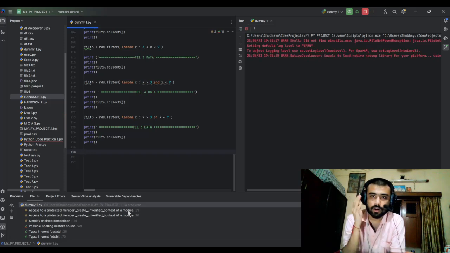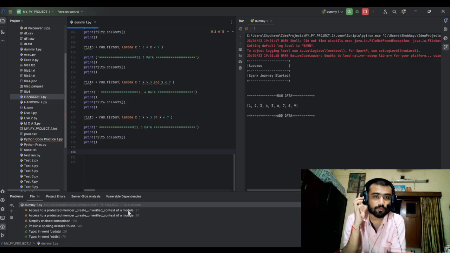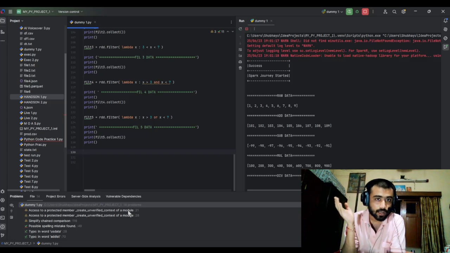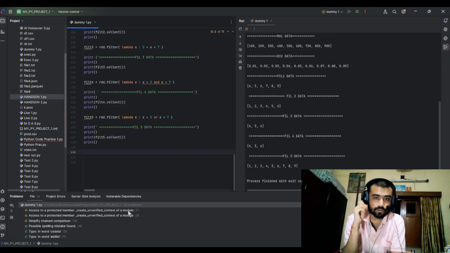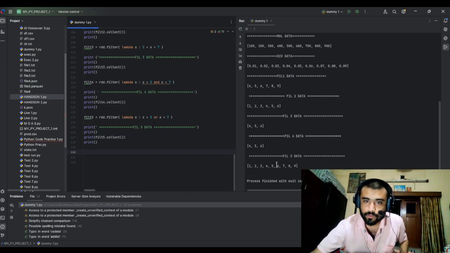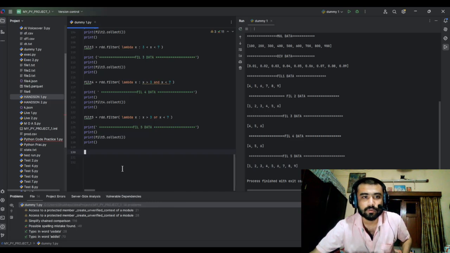So ideally we should get 1, 2, 3, 4, 5, 6, 7 and 8, 9 also, because it is greater than 3, right? Greater than 3 is 4, 5, 6, 7, 8, 9, and less than 7 is 1, 2, 3, 4, 5, 6. As it is OR, if any of the condition gets satisfied, it will print the output. So basically we are going to get 1 2 3 4 5 6 7 8 9. All the elements will be there, because greater than 3 satisfies the condition from 4 to 9,